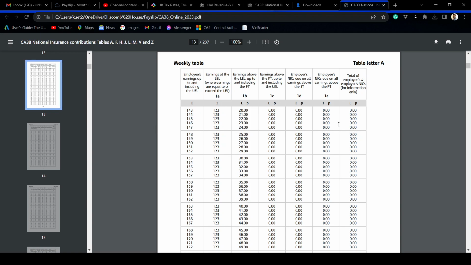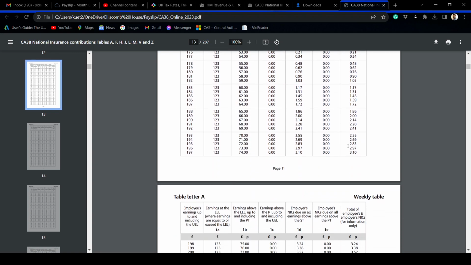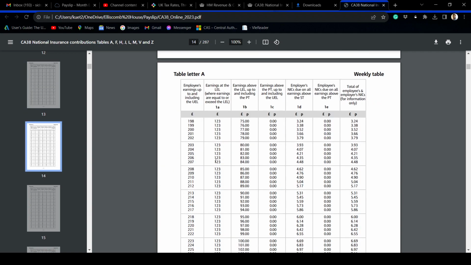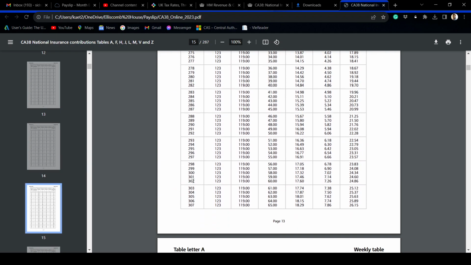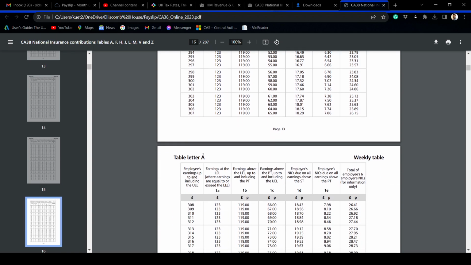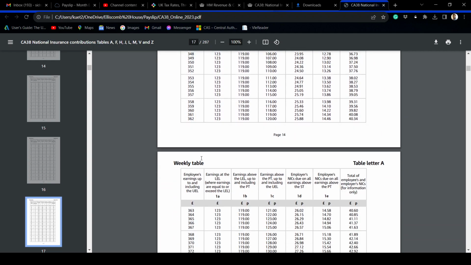So for 143 it's nothing, for 197 your national insurance will be nothing, and then you earn like 450 pound. Not you, actually I have considered a guy who earns 450 pounds. So we are looking for that 450 pound